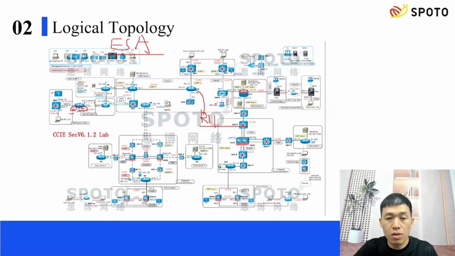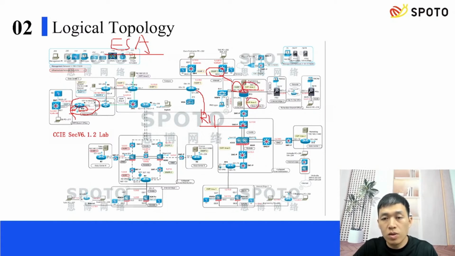Okay. And here is the second difference. And the third one is the routing protocol. They used to use static routes in the last version, but now